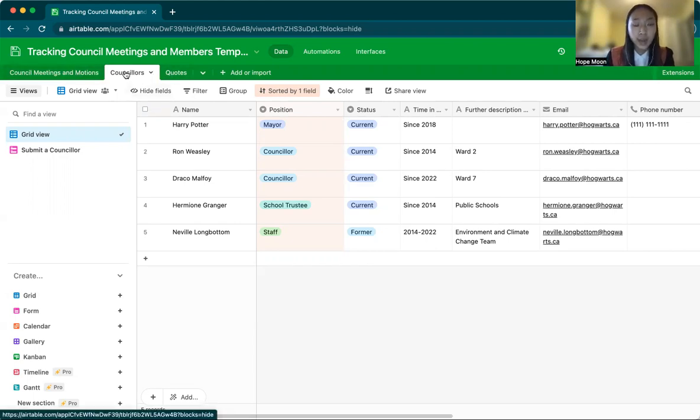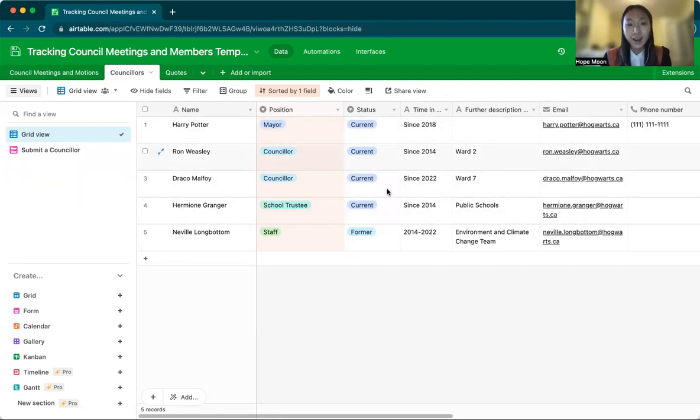And so the councillors tab is the area where you would fill out all of the names of the people who are on your council, including maybe some pertinent staff who might be useful in contacting about certain climate issues. Like maybe there's a dedicated staff member to climate change and enacting climate action plans. So maybe that person is useful to put on the staff. Maybe there's a transportation staff member. Who knows? But up to you if you want to put that on there. So we have a couple people already just put down. I just put random